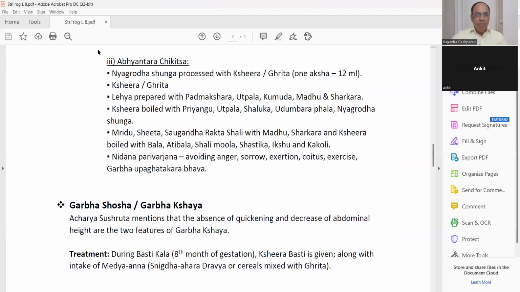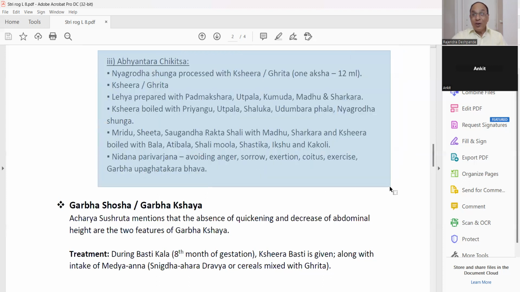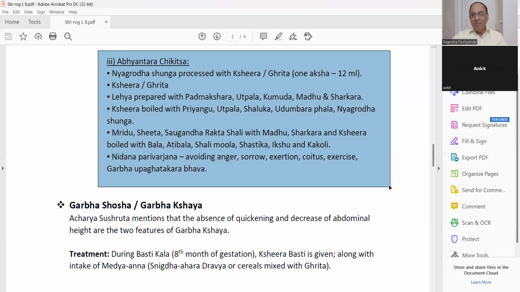Now there is an Abhyantara Chikitsa. We are talking about Garbhasrava, miscarriage, and Garbhapat, abortion. Abhyantara means internally. Nyagrodha Shunga processed with Kshira, milk, medicated milk, or Ghrita, medicated ghee. 1 aksha is equal to 12 ml. Then you always use the Kshira and the Ghrita, Rasayana Dravyas,